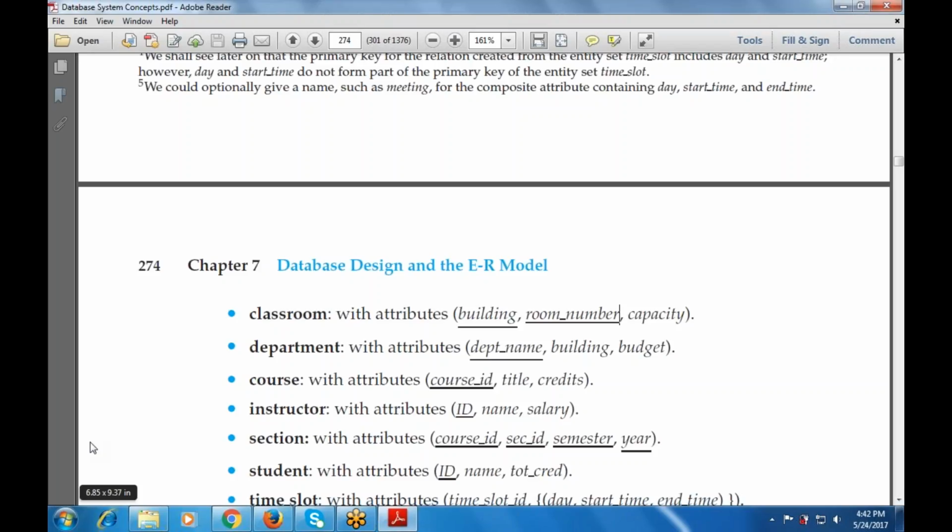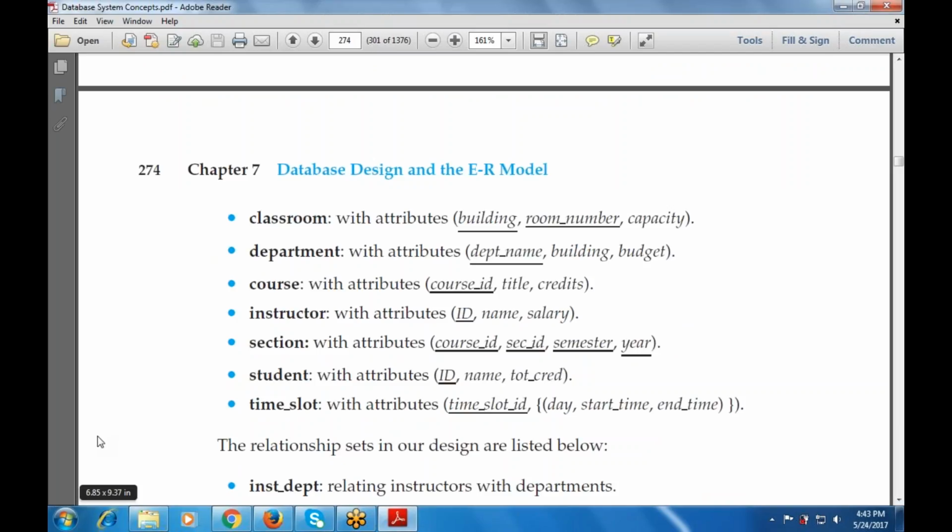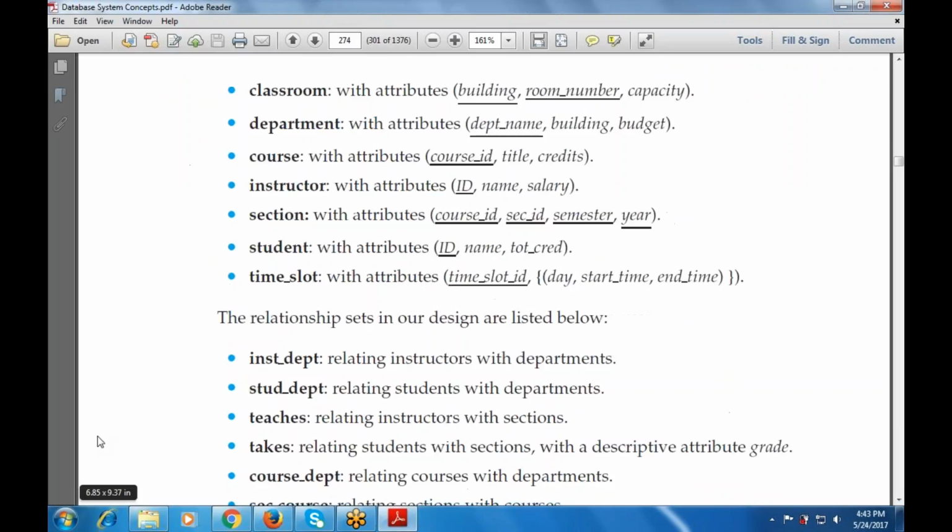Now these underlying attributes, that will be building and room number from the classroom, that is where we can set the primary key. Department name is the primary key, course ID is the primary key, ID of the instructor is the primary key, for section, course ID, section ID, semester, and year all together are the primary key. Student ID is the primary key, time slot ID is the primary